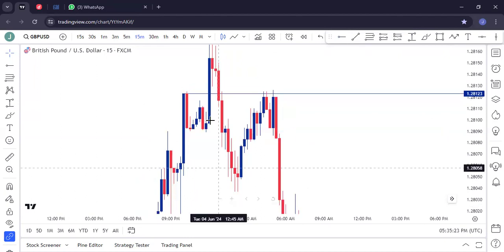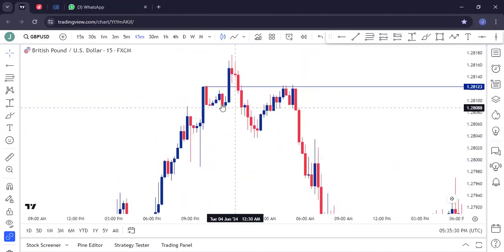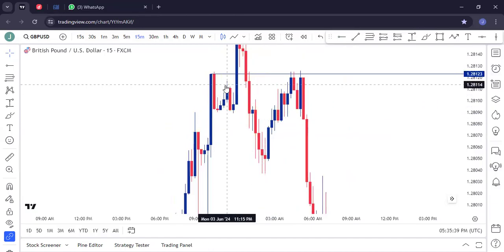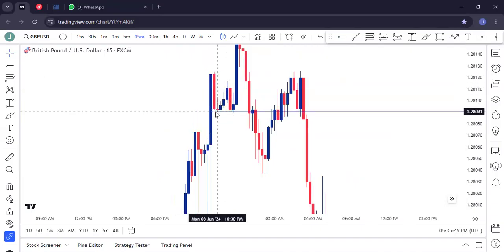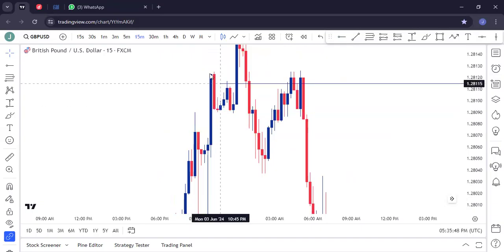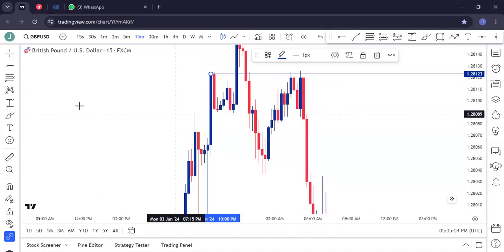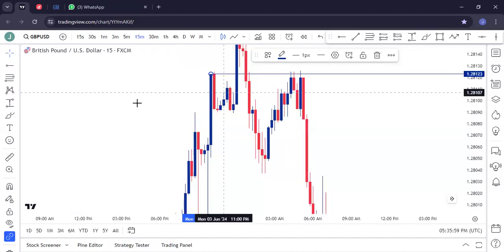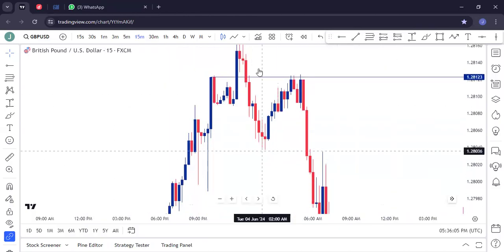Body breaks below means we should consider this one. If the body closed below here, then we could consider this high as our entry point here. But the body did not close here. So as we learned in the previous lesson about the types of breakouts, we only use wick to body breakout only. So this was the good entry there.